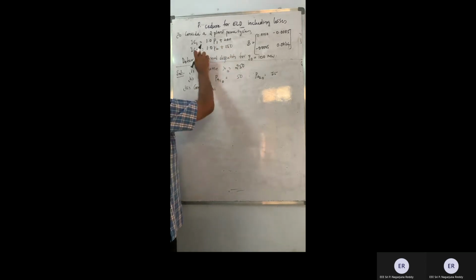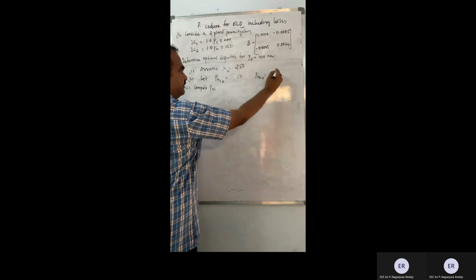This is another way of solving the problem, which will give you a quicker convergence, which you do in practice. If you directly place 250, your generation will be 50. Here if you place it, you will get 100. This is one of the easiest and quickest ways for convergence. So we will go with the quicker convergence. I am directly placing the value of 250 here because I have chosen it randomly, and I get P1 as 50. Here if I place 250, I will get P2 as 100.